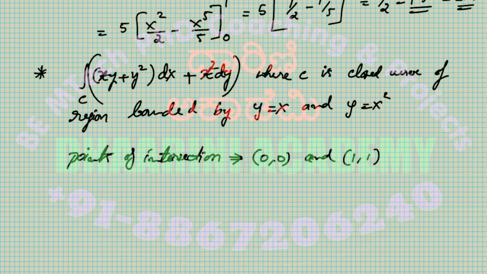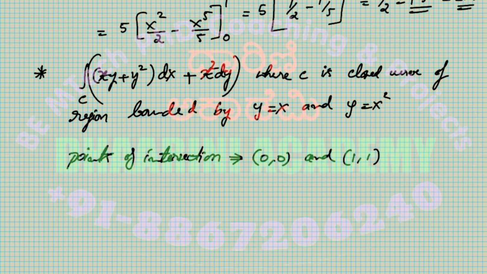Okay, right, I'll directly write in that case. Since you already have solved, I'll just write the points of intersection. Okay, so that is 0 comma 0 and 1 comma 1. Fine. Okay, now we can see that